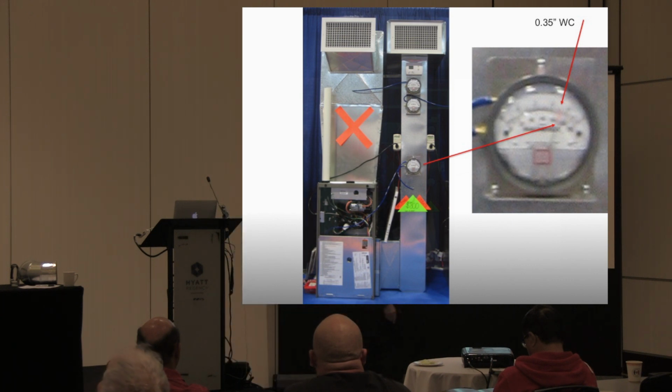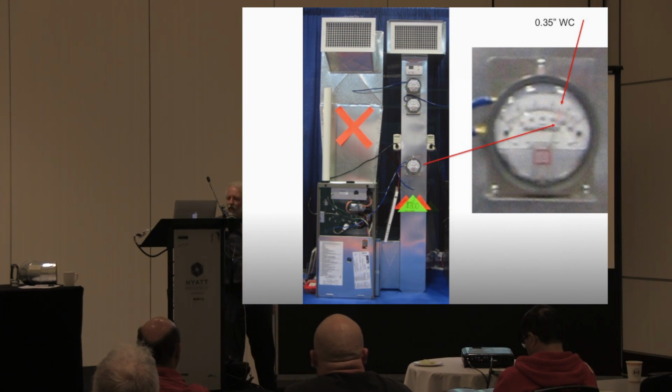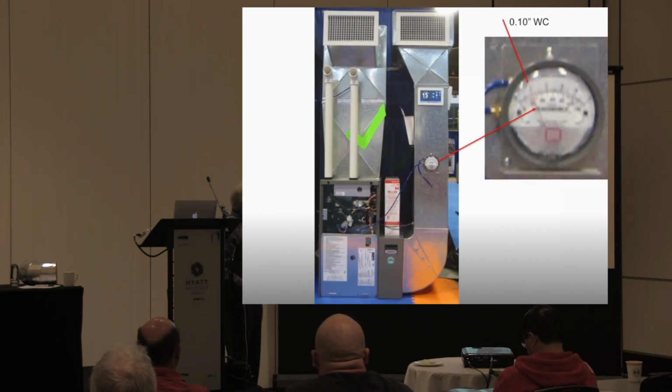In blowing that up, this gauge was sitting here at 35. So just remember 35 represented the pressure drop between this return and the inside of the fan cabinet. That's the bad furnace. The good furnace showed up as 0.1. So he saved himself, whatever the difference is, I don't know what the math was on that, but a lot of pressure drop, and he's going to have a filter now that lives because he's delivering the air square onto